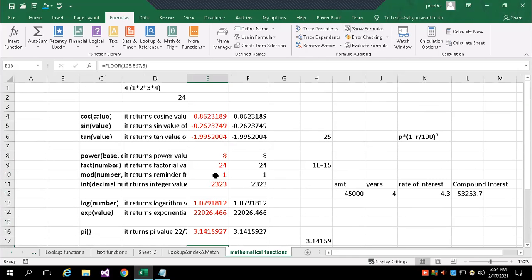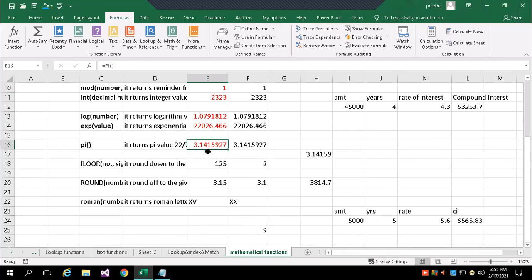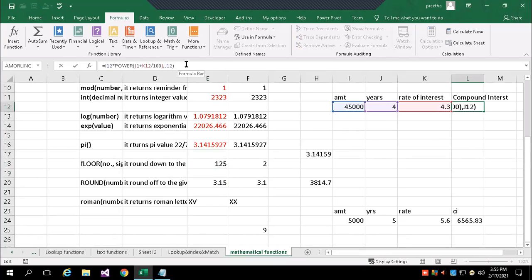So for all the functions, you can see the value of cos, sine, tan, power, factorial, modulus, integer, logarithm, exponent, pi. And these are all rounding functions, floor and round. So here I have given one small example.